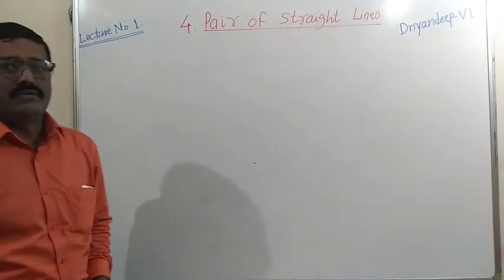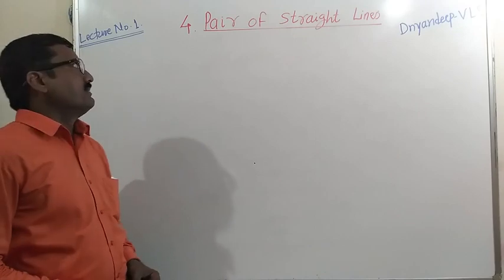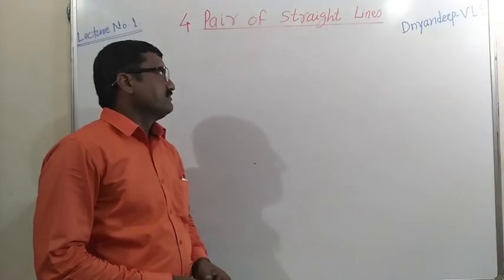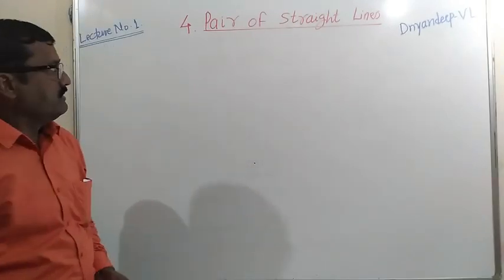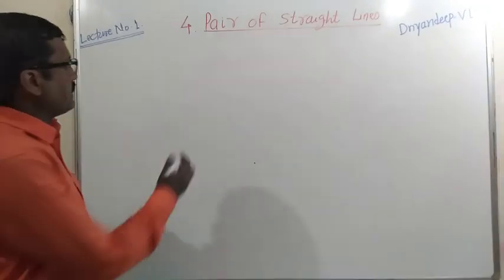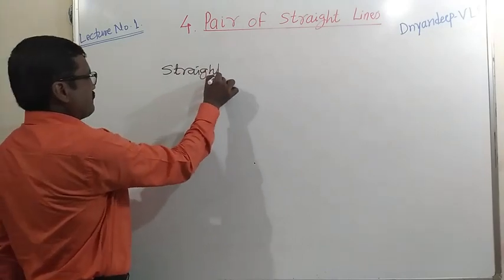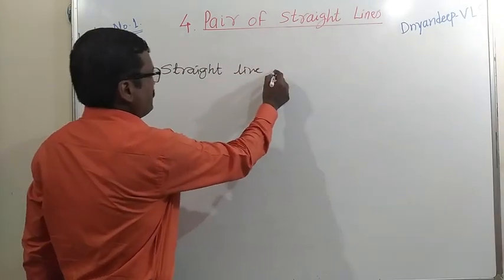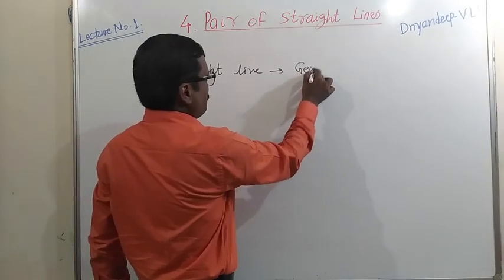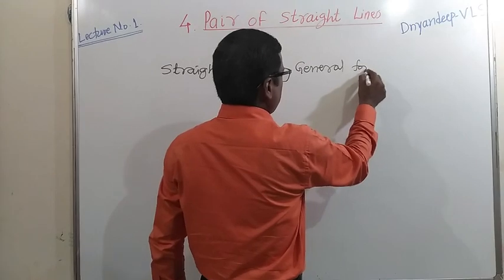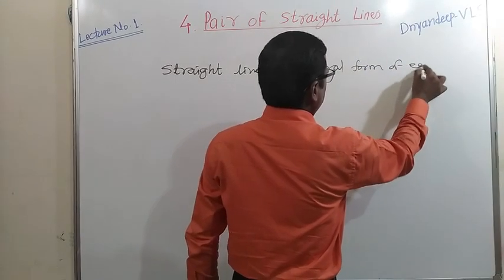Today we are going to learn the fourth topic of 12th class, that is pair of straight lines. In 11th class we have learned the topic straight line. In that topic, first we have learned the general form of equation of line,